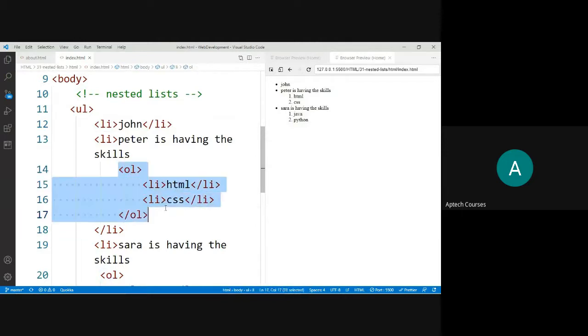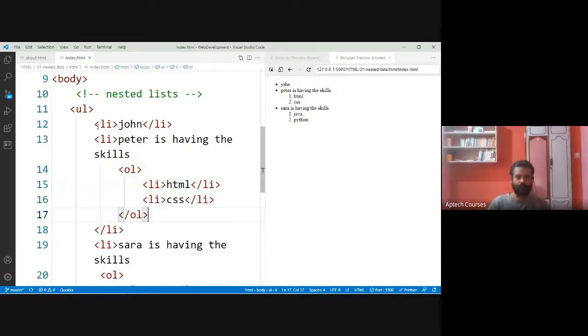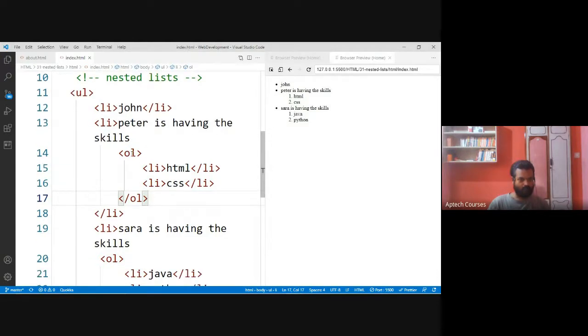It will come with numbers, ordered list. We are nesting this ordered list inside this list. This is the opening, this is the closing. We're actually nesting this ordered list inside this list. This list is nested inside the outer unordered list.